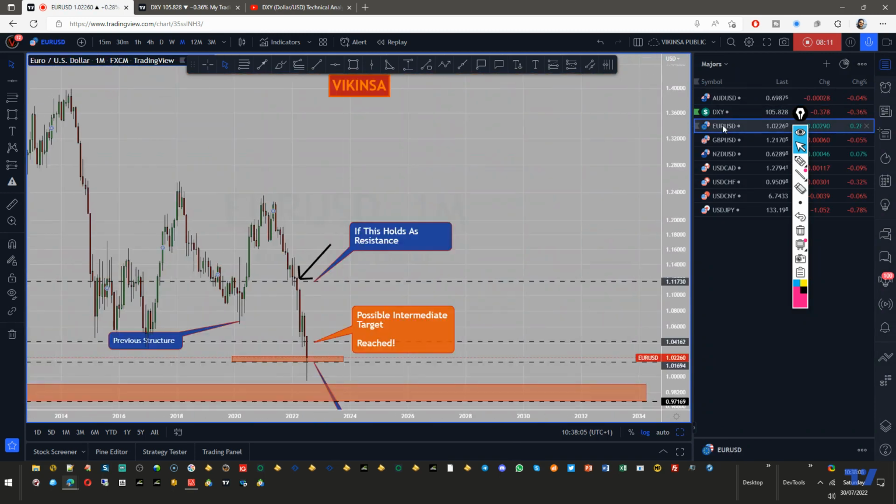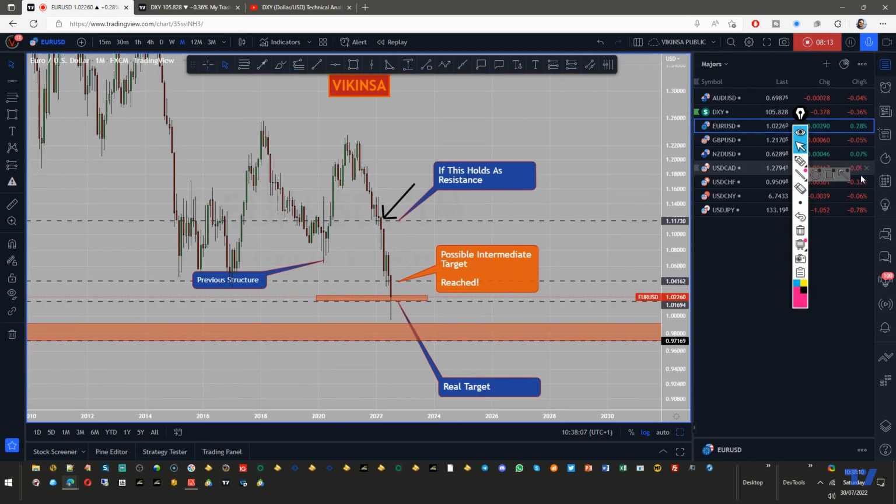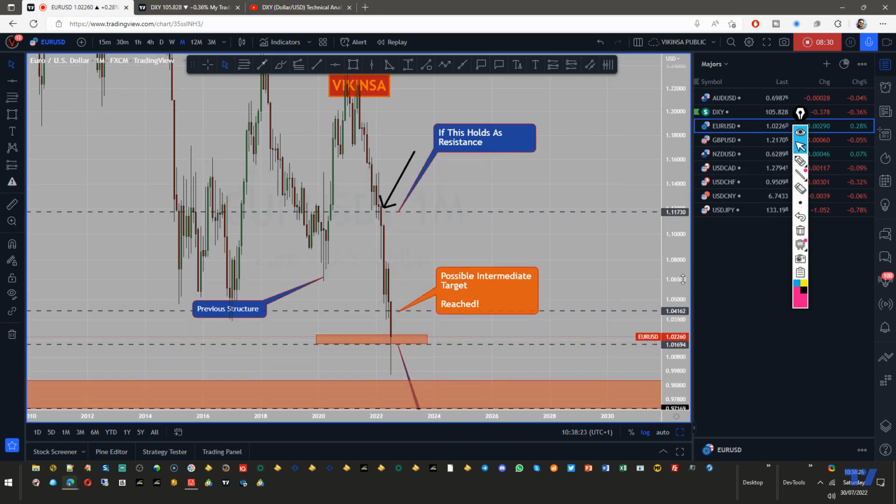On Euro USD, if you remember, this is the analysis that I gave you here as well as in our Telegram group. If this line was going to get held, then the market was going to fall to this, and this was our real target. Now, the market has reached those targets, and it has been a very good trade if you had taken that swing